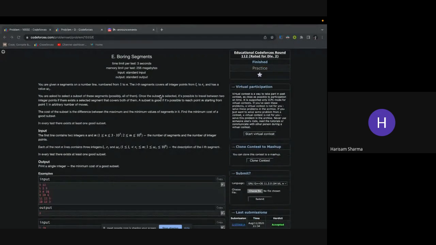Now you choose a subset of these segments, right? And once you have chosen the subset, you're allowed to move from one point to another point if there exists a segment in the chosen subset such that it covers both these points. If that is the case, then you can move from one point to the other. And you have to choose the subset such that it is allowed to move from point 1 to point M,